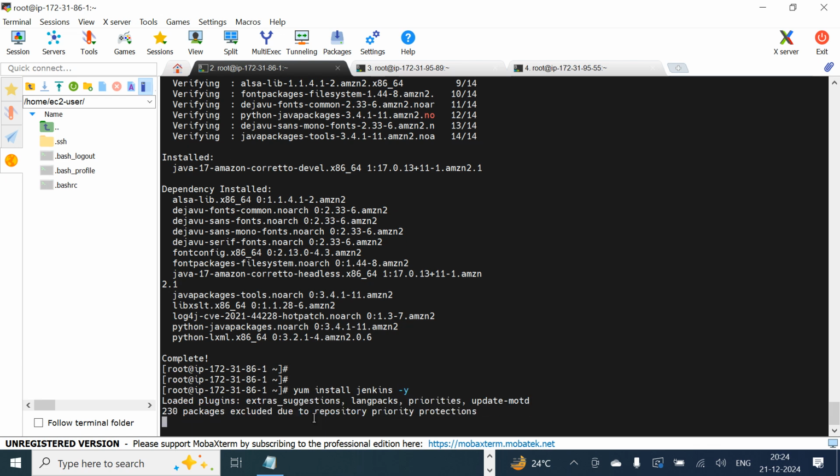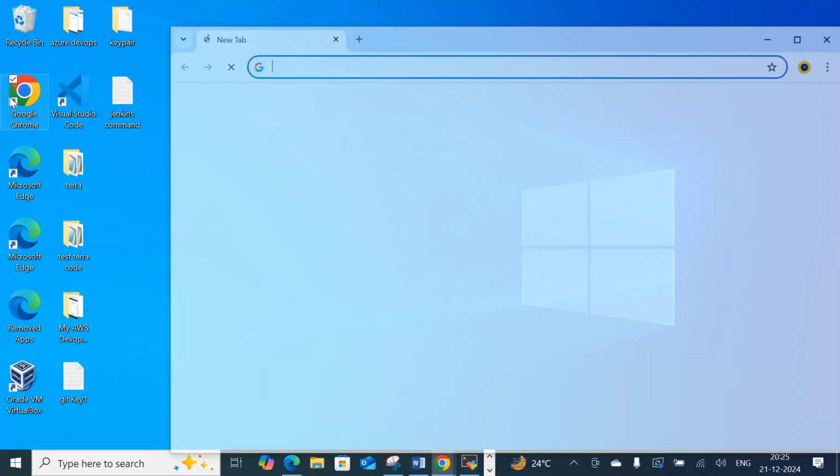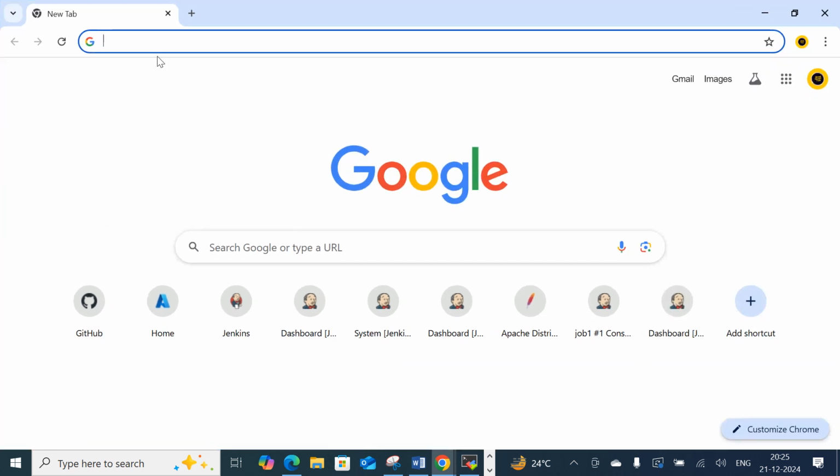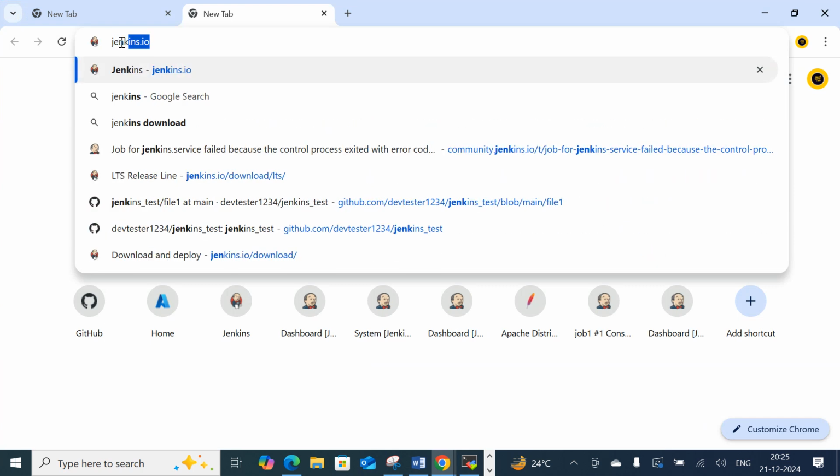What is the dependency for Jenkins? Java. Have we already installed it or not? Yes, we had already installed Java on all the three machines. And at the same time, yum install jenkins -y. Here, nothing to do. No. So first of all, what we need to do is open the browser, because there are no dependencies here, so it is not able to install Jenkins on our machine. So what I'm going to do, type